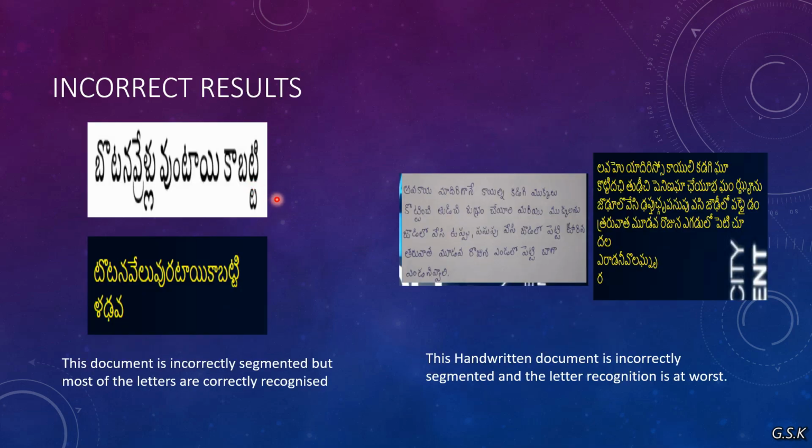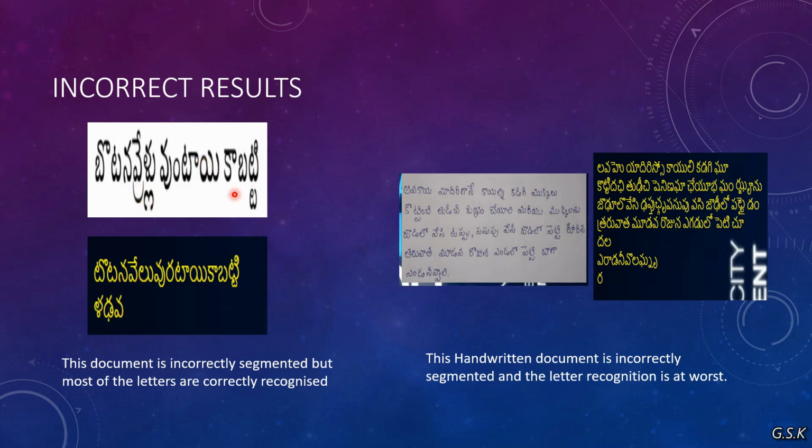Here you can see these two are the failed cases. This particular case is not much of a failure, because the recognition part did a fabulous job. Except for a few words, everything is correctly recognized, but the failed part is line segmentation. Here you can see these two lines are recognized as these three.